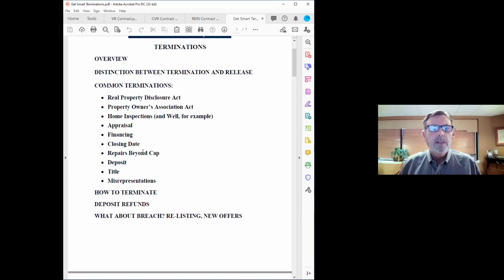So that's a long explanation for how I view deposit refunds. But that's not to say that we can't press and try and persuade another broker to release a deposit without a release. I'm just saying I'm not going to threaten to sue them or refer them to the board or something like that if they won't. Because if I were defending Liz or Donna, I would be taking the exact same position they are, probably.